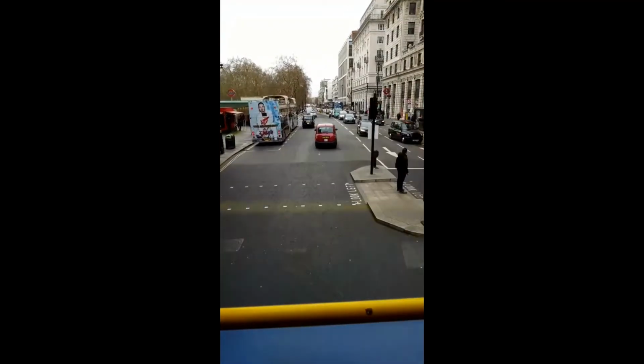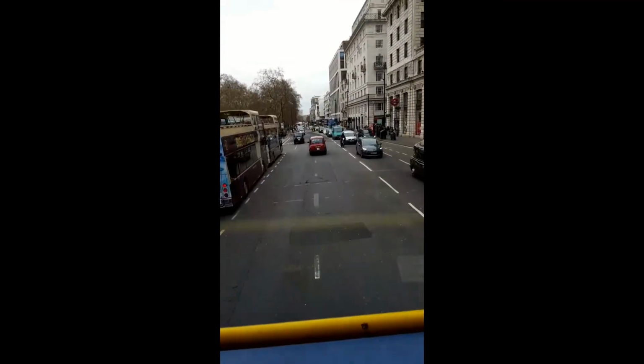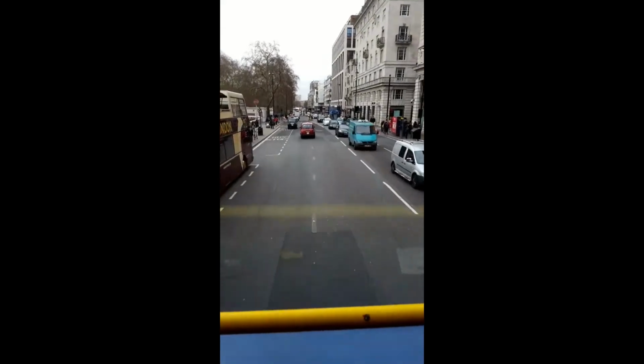So we've got Green Park coming up on the left here, and Green Park is part of the grounds of Buckingham Palace,